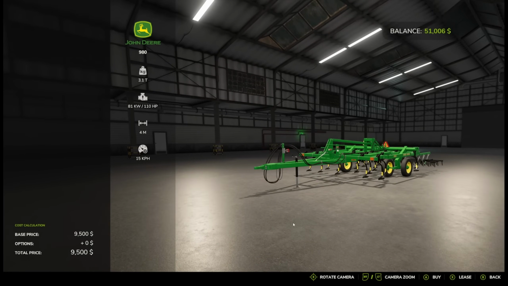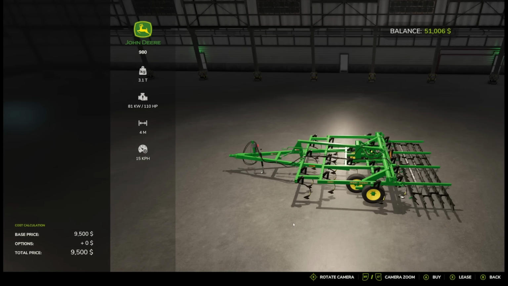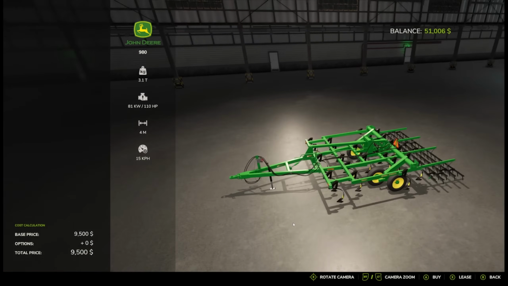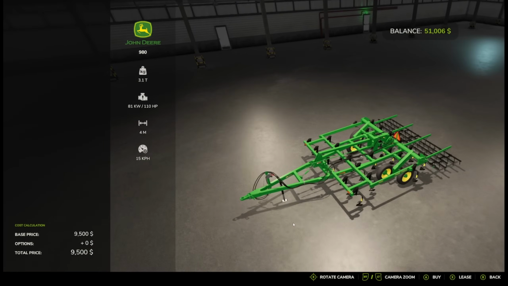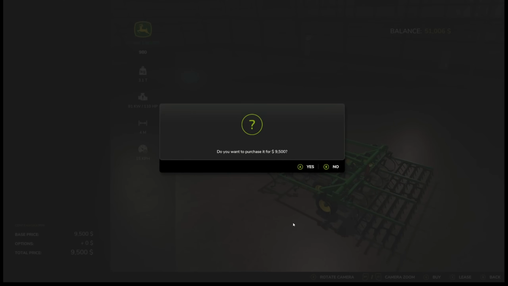No customization options. This is also one of the few that can actually be pulled easily with our tractor. See the 110 horsepower requirement. We currently have a 116 horsepower tractor, so we're just over. 4-meter working width is not that great, so these fields are going to take a while, but this is pretty